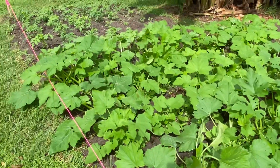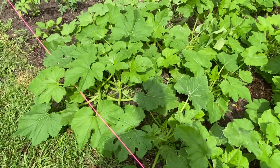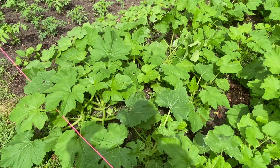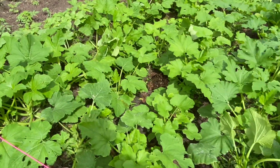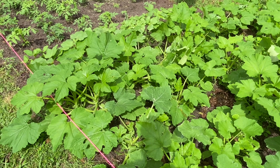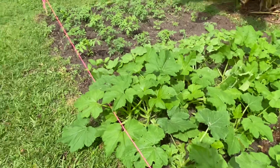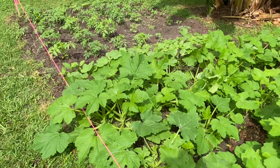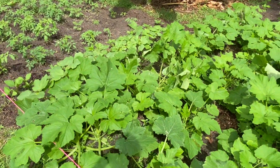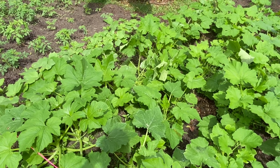But yeah, it's kind of weird. These are setting female flowers first. I don't know. Maybe, I don't remember it being. Now these are butterstick hybrid, yellow, but I don't believe it's one of them like a cucumber where